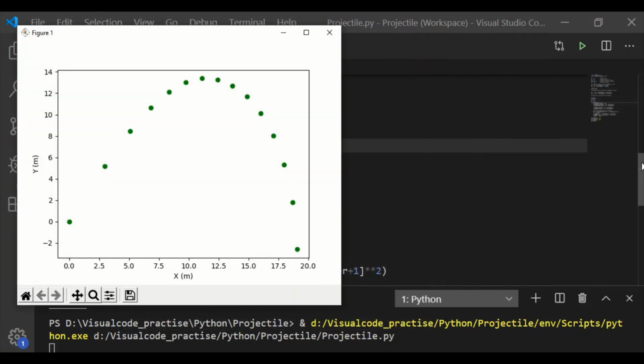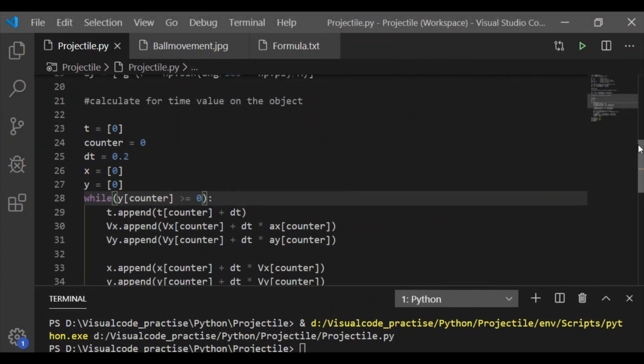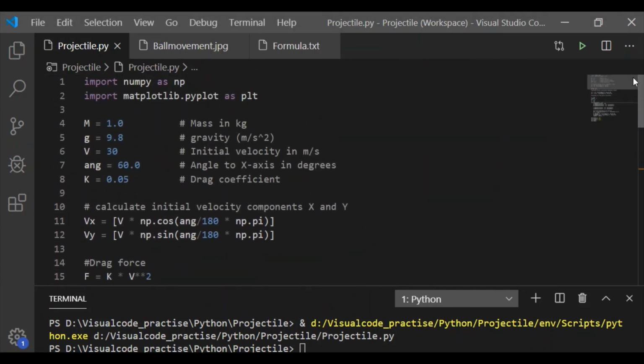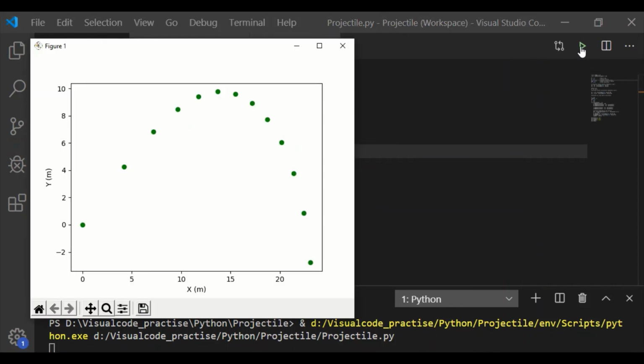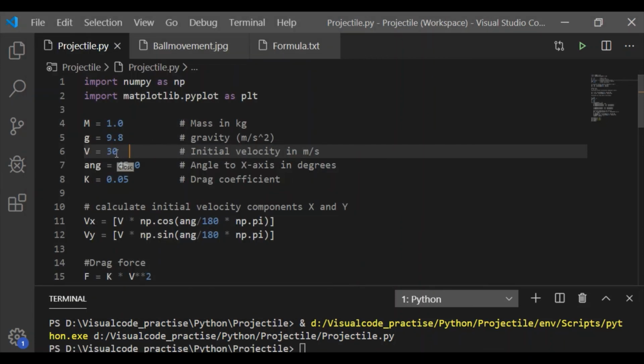This can be applied to our game development rather than hitting the target directly. Applying this physics gives a realistic simulation for the game. Now we can also play around by changing the initial angle and velocity. Now the angle is changed to 45 degrees along the x-axis. We can see the curve, or the trace of the path, has changed.